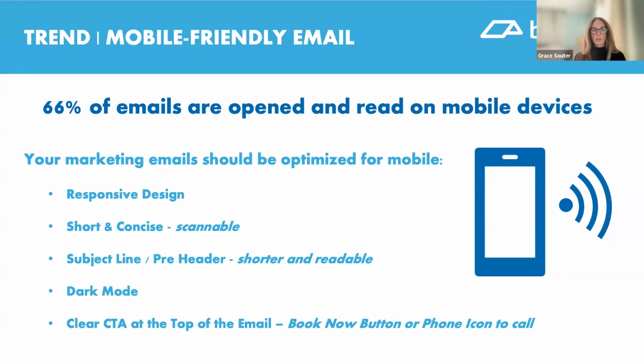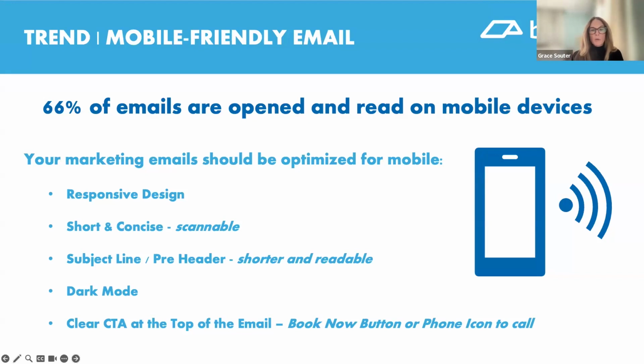So the next thing you want to think about with mobile friendly is keeping things short and sweet, just concise and to the point. I mentioned this a minute ago. Make sure you've got the CTA up at the top, clear calls to action throughout, and what's next? Subject line, pre-header. Again, if you're opening your emails on your phone, you don't have a lot of room there. So you need to make sure that those subject lines are tight.